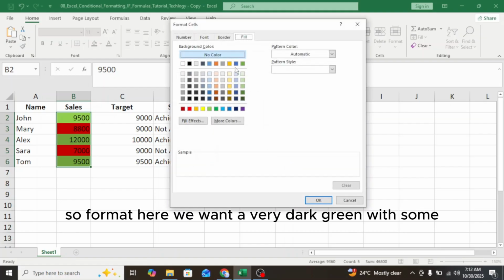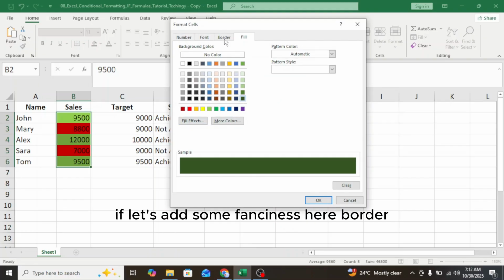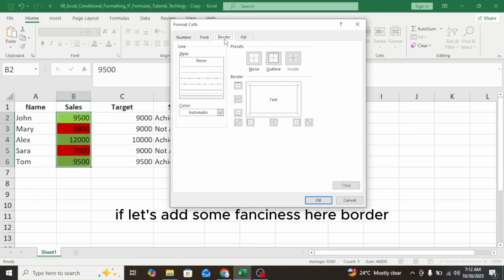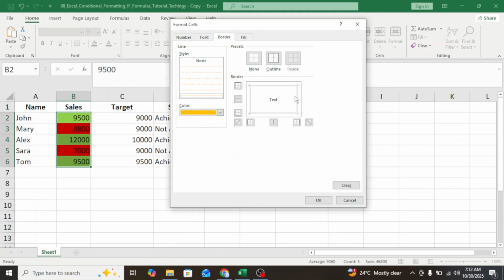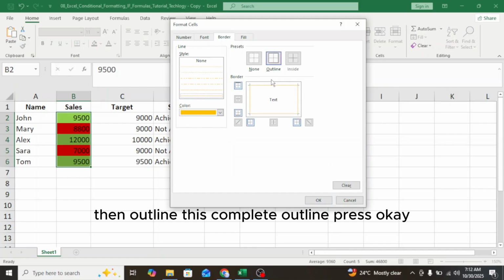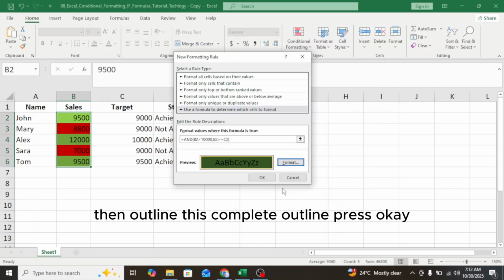So format, here we want a very dark green, and let's add some fanciness here: a border. Let's say we want to select a border of golden color, then outline, this complete outline, press OK.